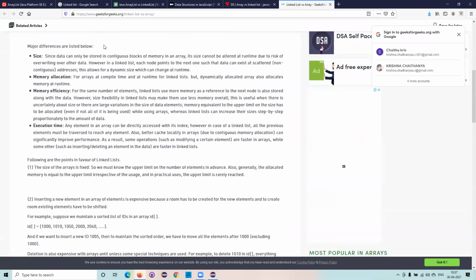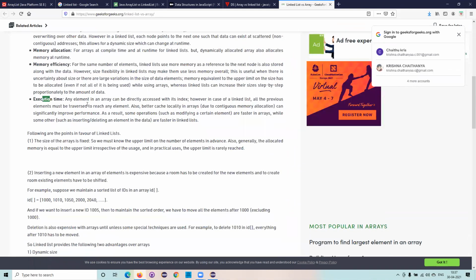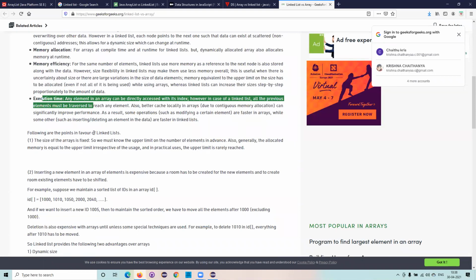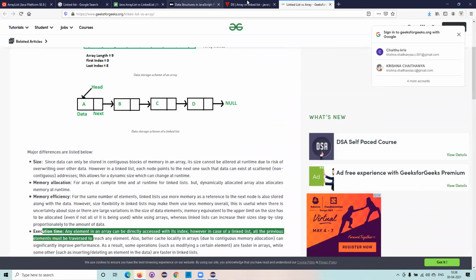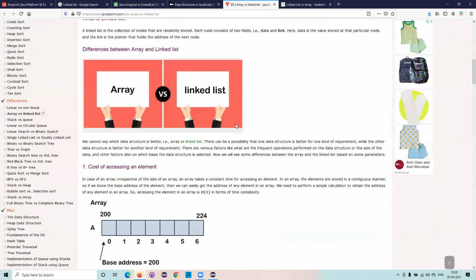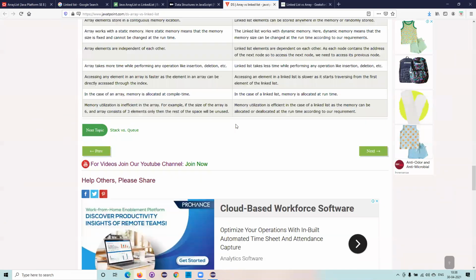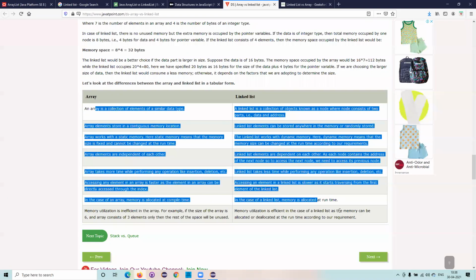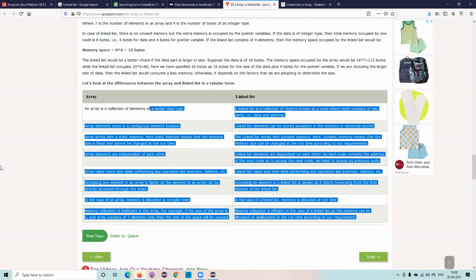Now you can understand the execution time for the different operations, and which is easier to have references. These are the basic differences. Follow the key point differences. If you read this, you can understand it much faster.